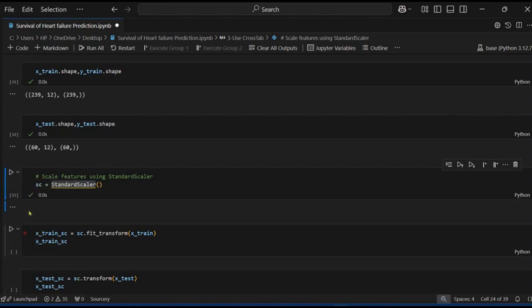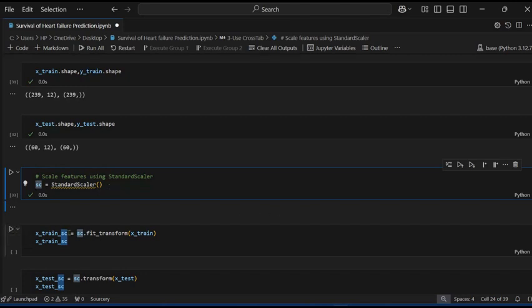It's working. So sc equal to StandardScaler. sc is the variable name I have used to create the method, and I pass StandardScaler.